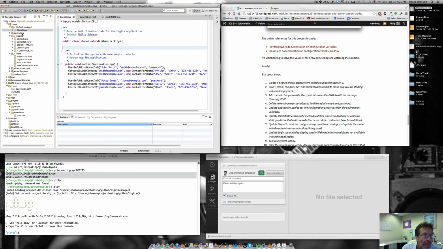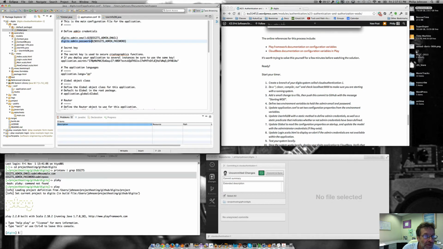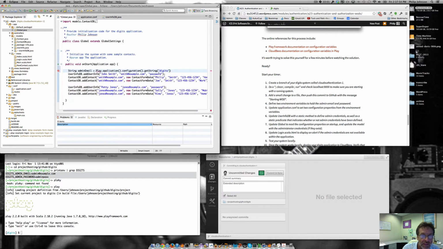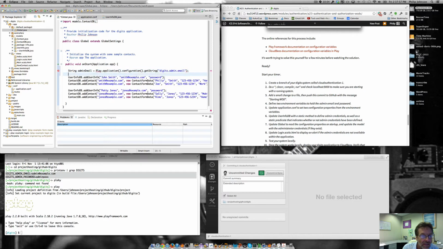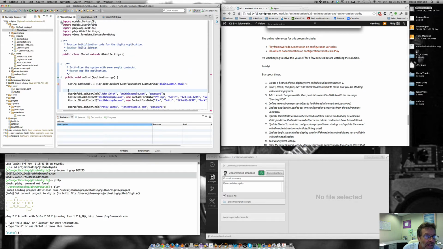Okay, so now we're going to go here. All right, now this is where there's a little bit of magic. String admin email equals play.application.configuration.getString, and then it's going to be that string in our application.conf. So for application emails, digits.admin.email. Okay, and we got to import that. So we're going to import